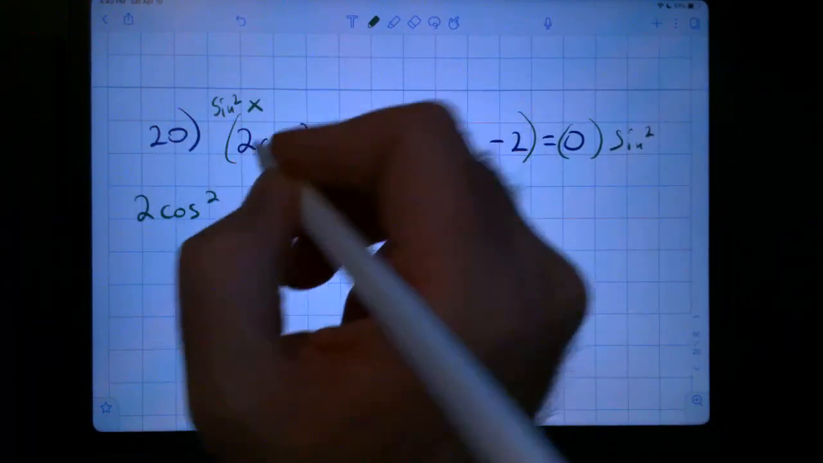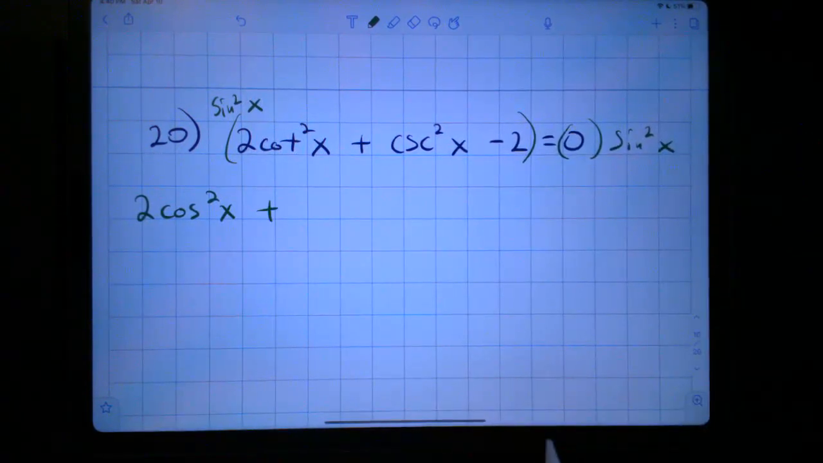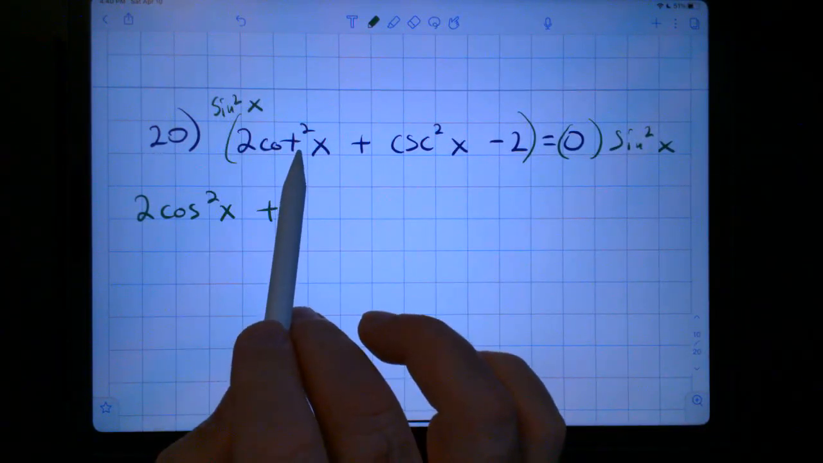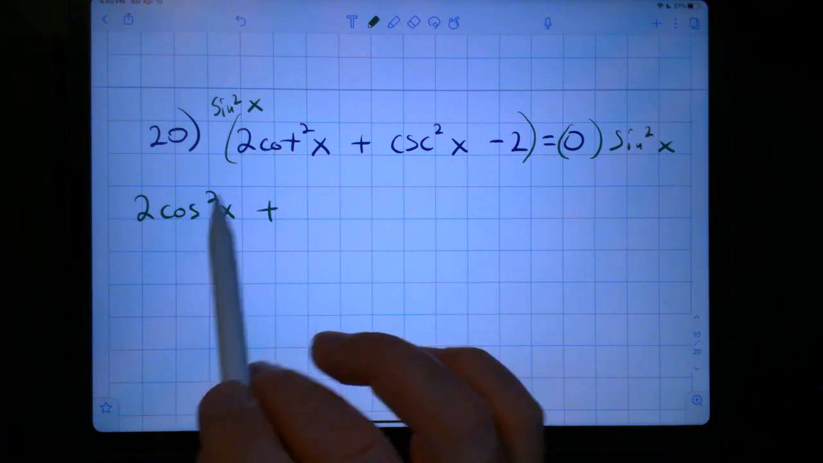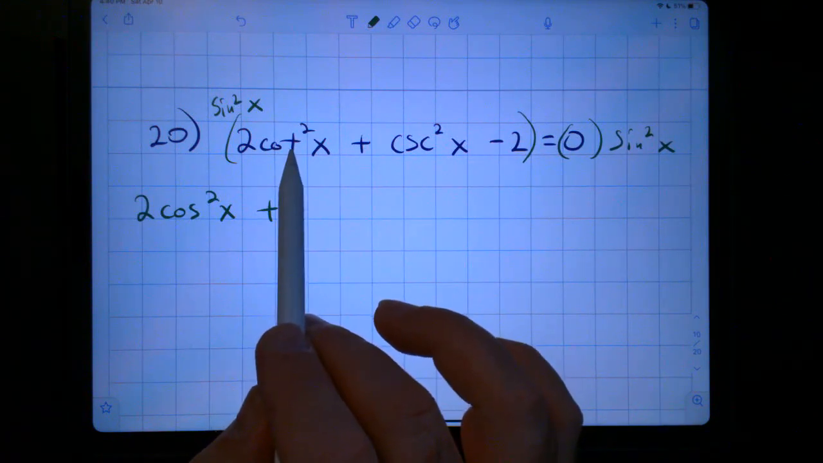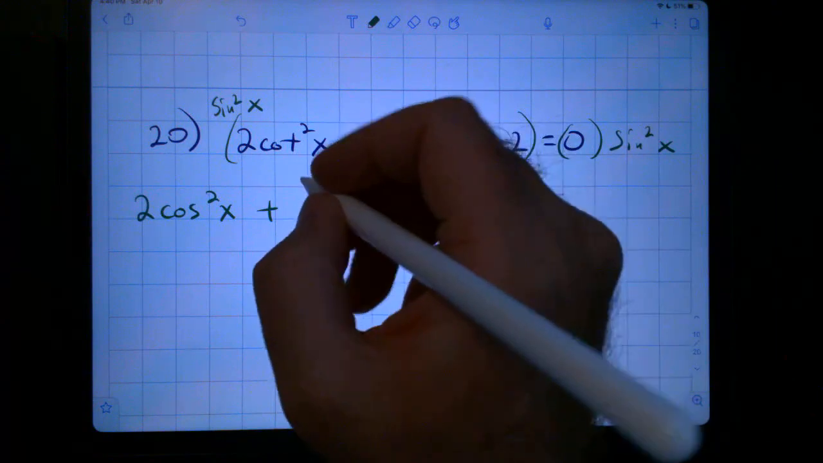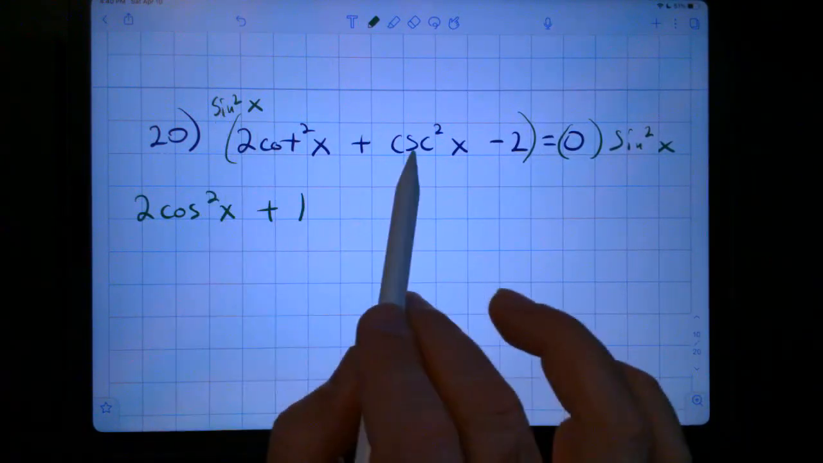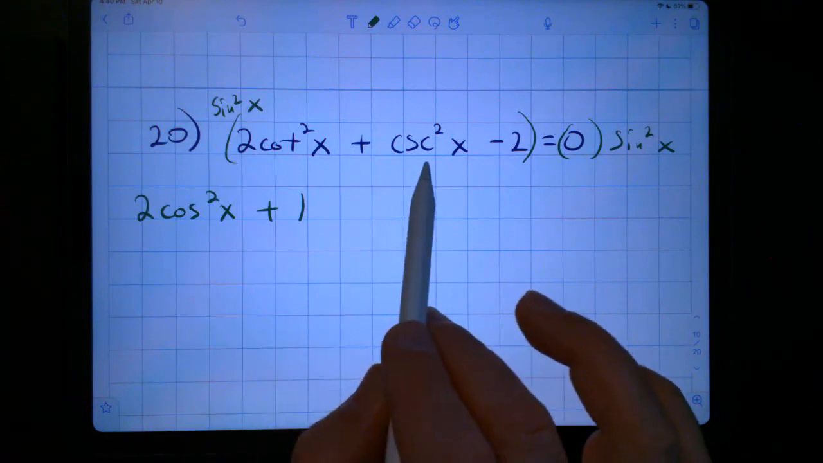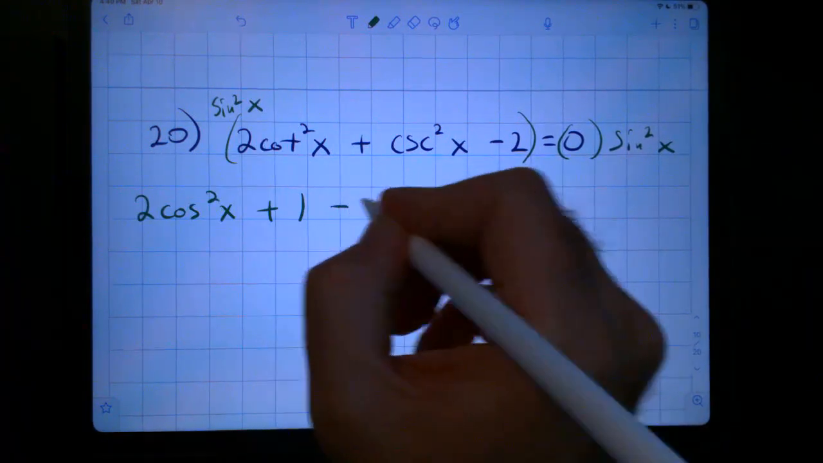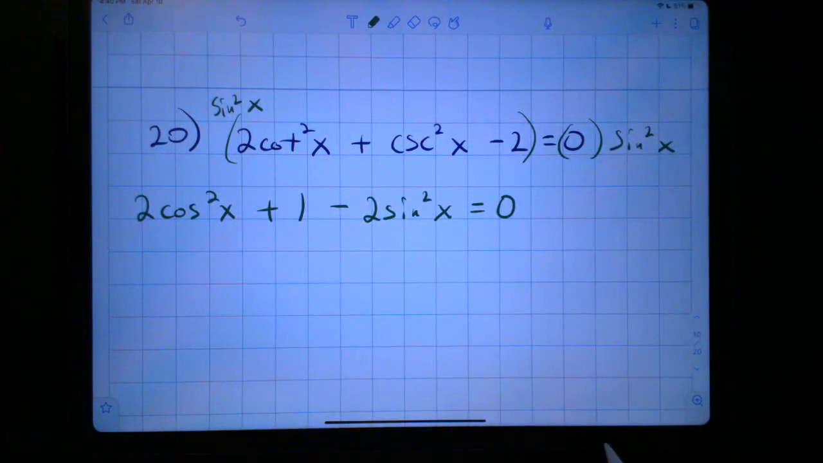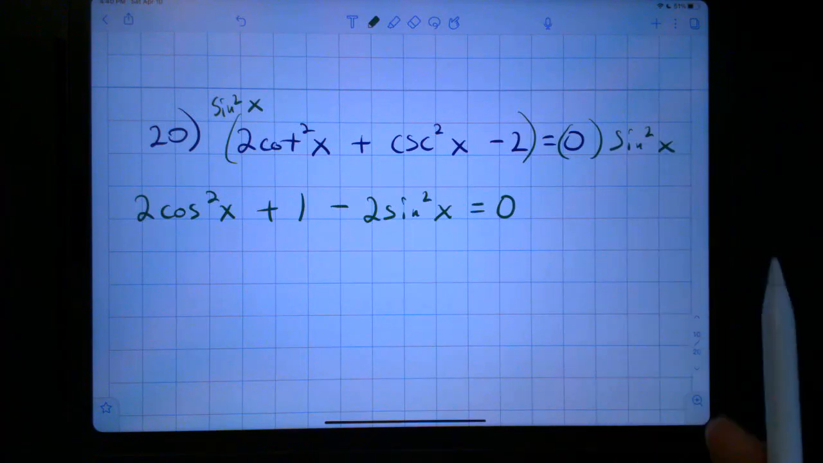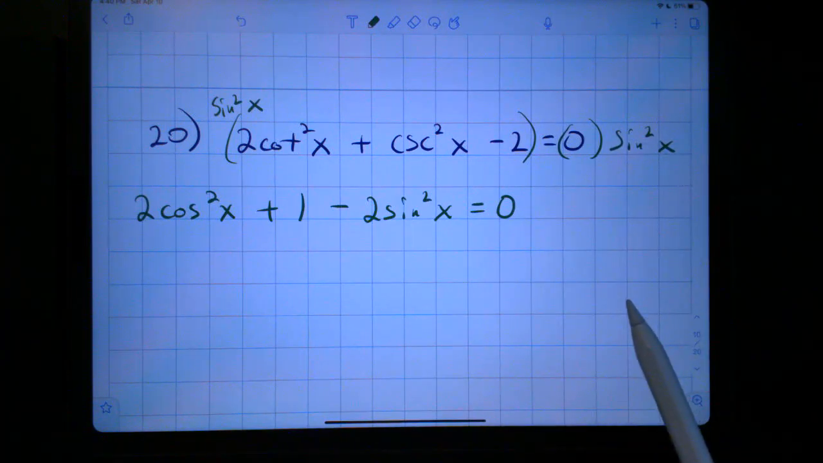So we will multiply everything by a sine squared x. So sine squared x times 2 cotangent squared x would be 2 cosine squared x, because cotangent is cosine over sine. This would be 1 because this is 1 over sine. So sine squared x times 1 over sine gives you 1. And then minus... 0 times anything is 0. And let's turn this into